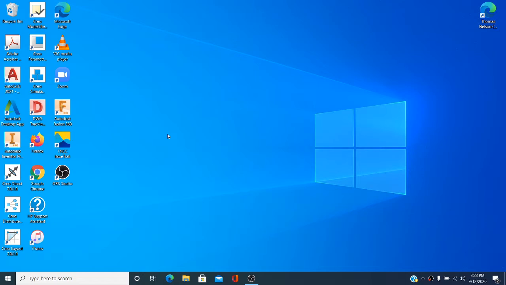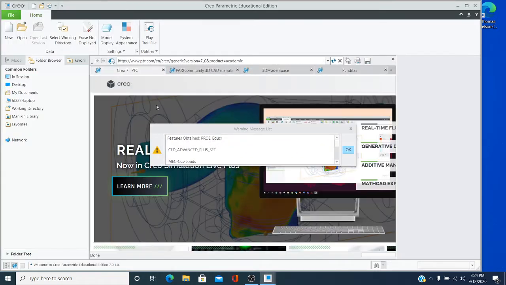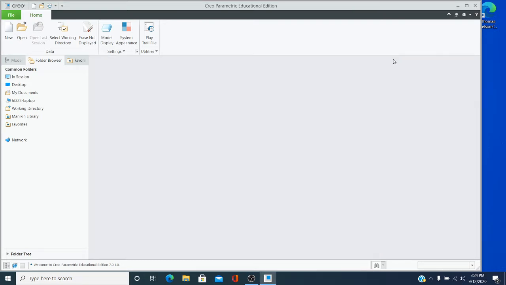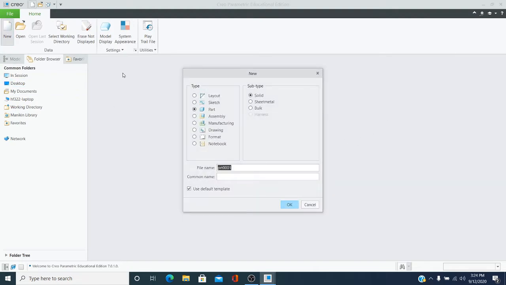So, okay, class, today I'm going to show you how to create a drawing in Creo. So I'm going to go ahead and double click on Creo. Okay, just say okay here and close these out. Maximize the screen there, go to New, select Part, Solid,